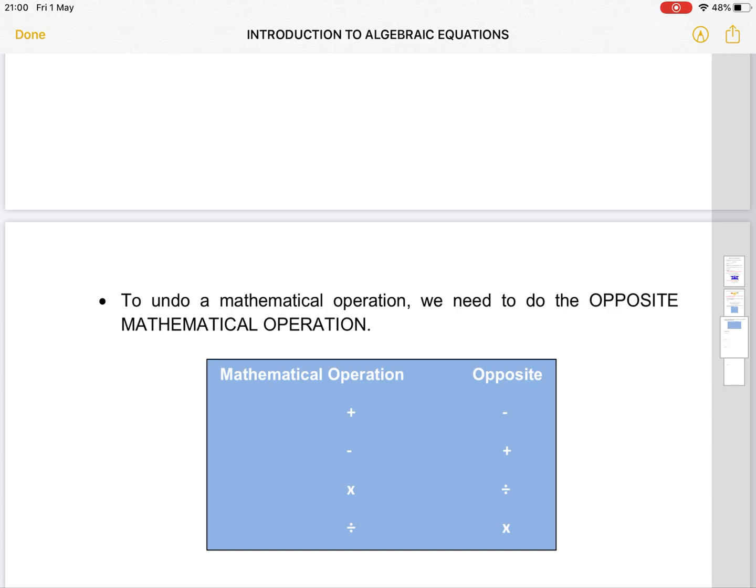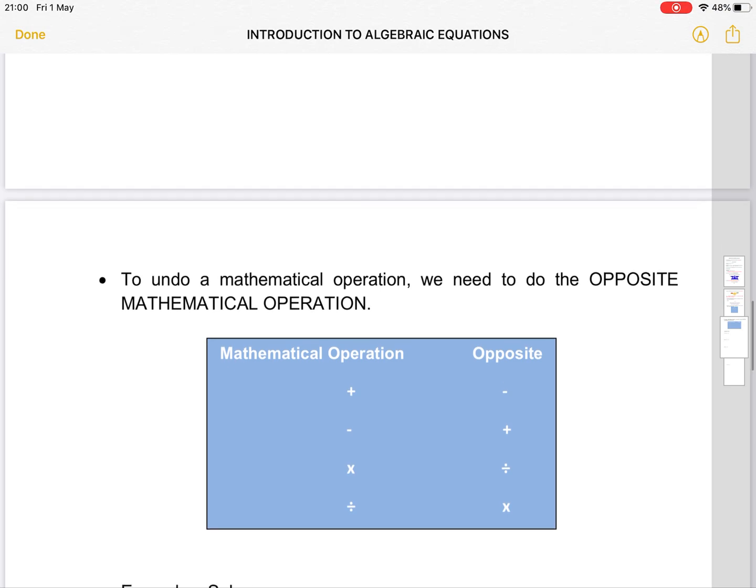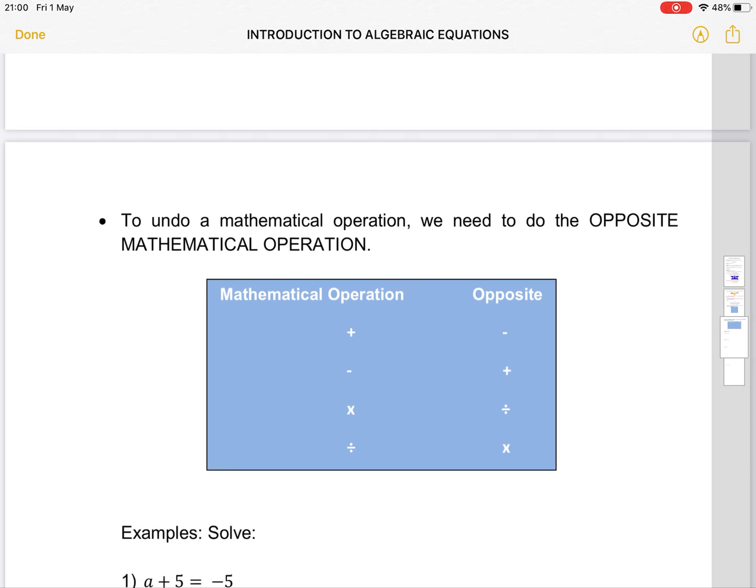For example, if we need to remove an addition, then we need to do a subtraction to remove that addition. If we need to remove a subtraction, then we need to do the opposite mathematical operation, and we need to add a number to both sides, okay? If we need to remove multiplication by a number, then we need to divide both sides by that number. If we need to remove a division by a number, then we need to multiply both sides by that number,